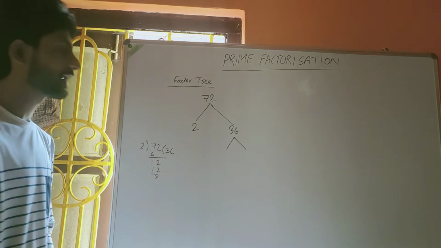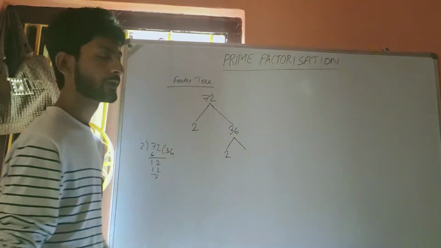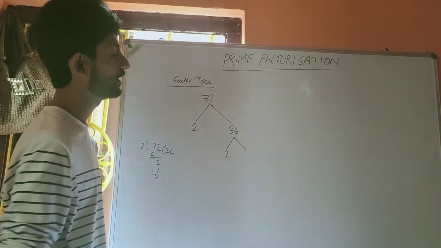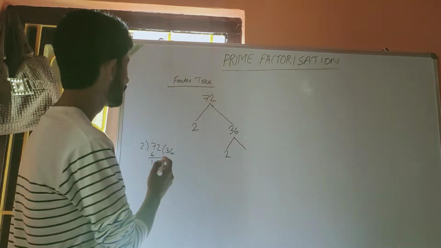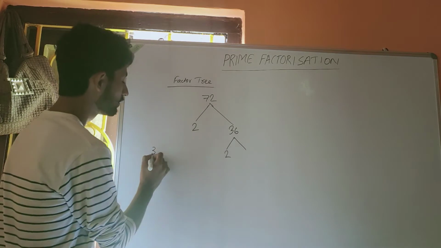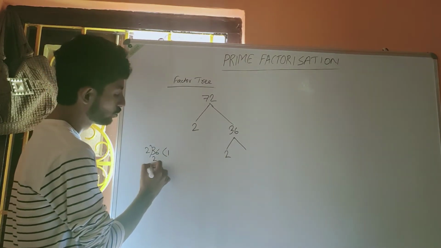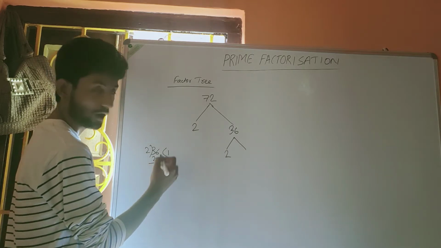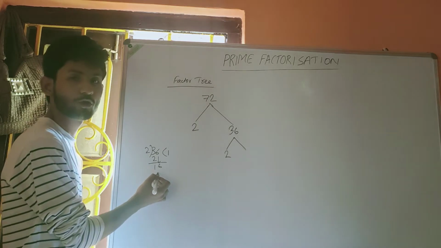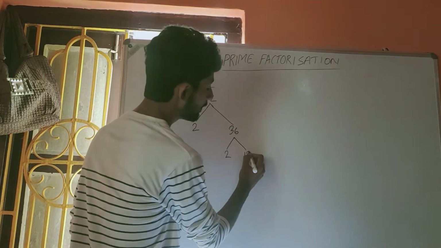So what will we get? First it will go with 2, so write 2 there, and then another portion. How many times of 2 will be 36? So we have to divide that. 36 divided by 2 is 18. So here will be 18.